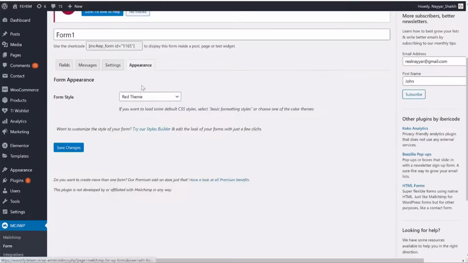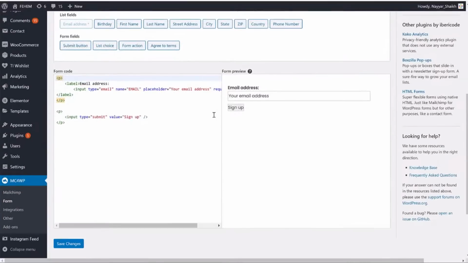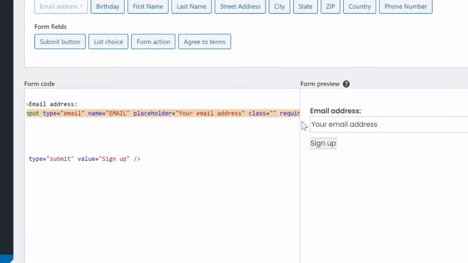But what I would recommend is, if your form looks bad, you can add 2 different classes on this. Click on fields. Let me show you how you can add classes. Now these are different things added. For example, type is equal to email, name is email, placeholder is your email address inside this thing. That is your placeholder, and required means that this is compulsory. Just before required, I want to type in class is equal to, and under double inverted commas, I want to type in